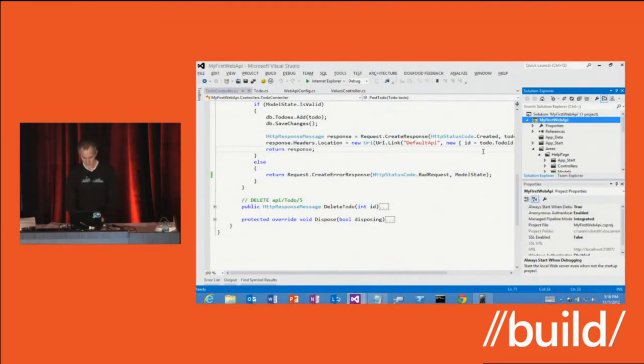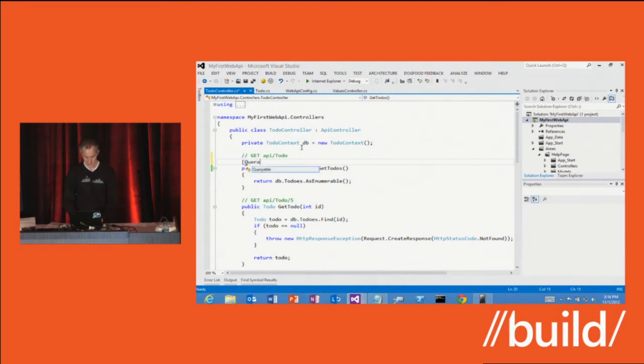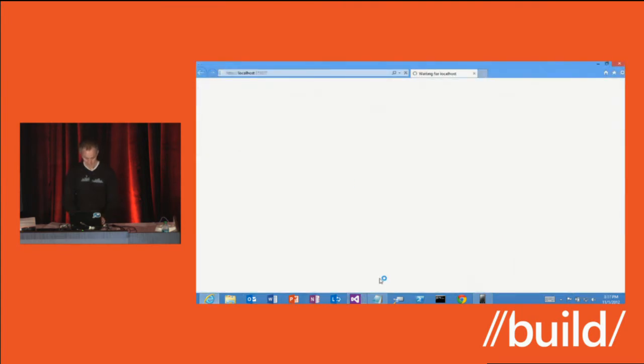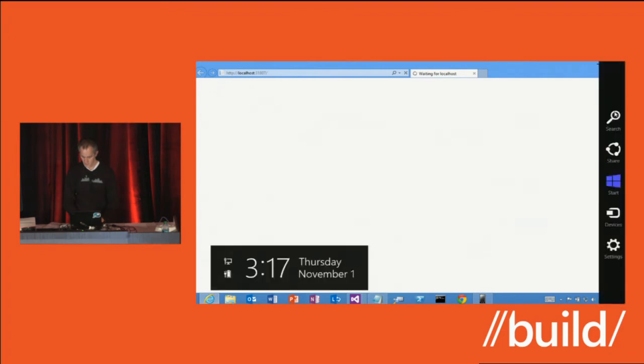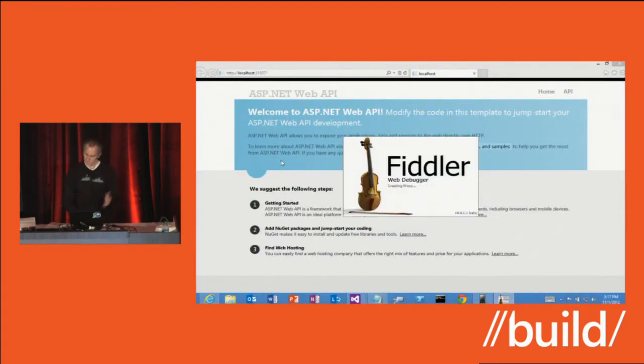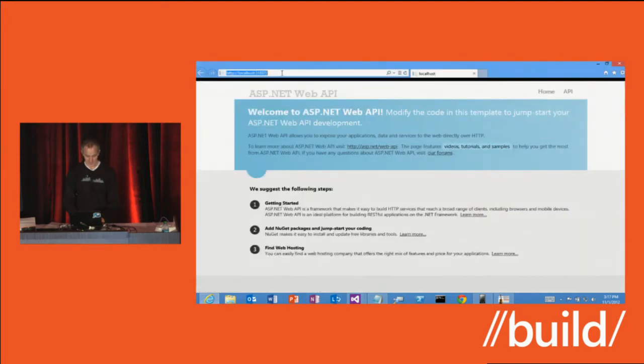OK. So what I'm going to do, I've still got my to-do controller. I can get a list of to-dos. And I'm going to add Queryable to the GetToDos action. This is the thing that gives me all the list of to-dos. OK? So let's run this. And I'm going to need to be able to create some to-dos. I don't have a client right now, so let me pop up my favorite dev client, Fiddler. If you're not familiar with Fiddler, Fiddler is a fantastic tool for dealing with HTTP. Highly recommend it. OK. Let's turn on capturing.